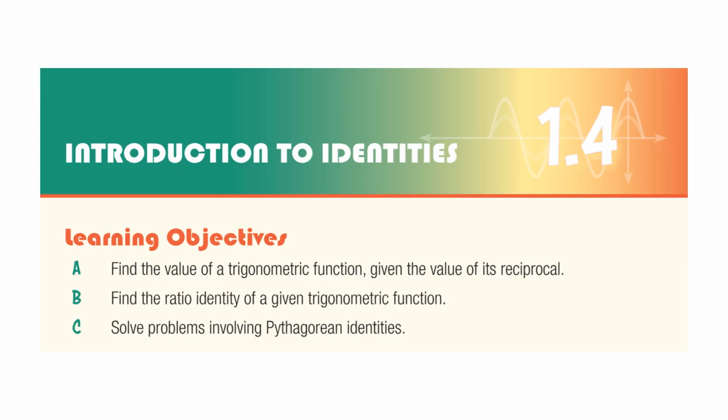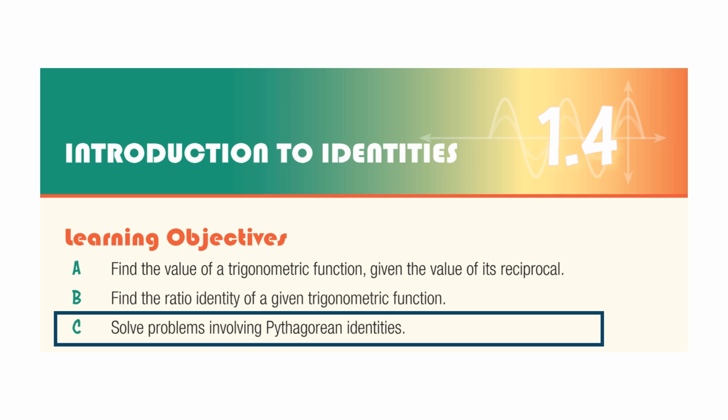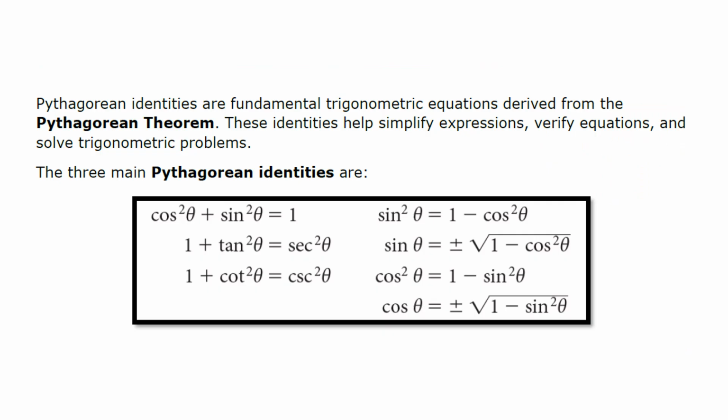All right, our third objective: solve problems involving Pythagorean identities. Pythagorean identities are fundamental trigonometric equations derived from the Pythagorean theorem. These identities help simplify expressions, verify equations, and solve trigonometric problems. The three main Pythagorean identities are: